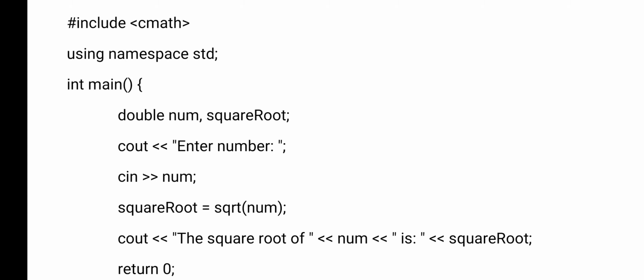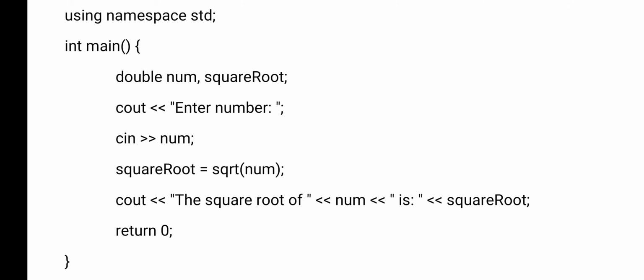Okay. Next, here is the main function. It is a function and it has a number of statements that are enclosed in braces. Okay, so in the main function, how many variables have been declared? You can see num, square root. Two variables I have declared, and I am taking a number value from a user. So in order to take a number value from a user, first I am giving a prompt: cout, enter a number. So when a user gets this message, the user will give the value, and that value will be stored